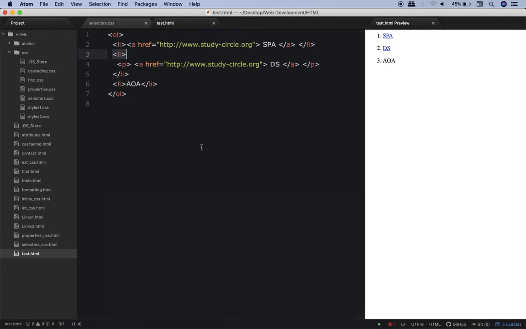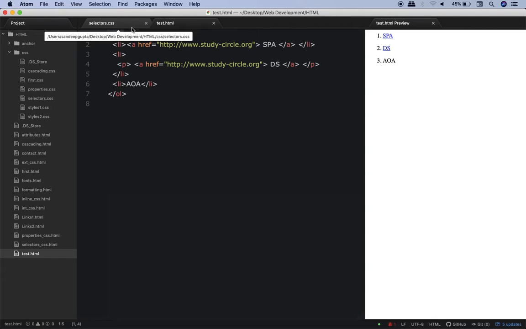See, the concept is something like this. Every child is a descendant, but every descendant is not a child. I repeat, every child is a descendant, but every descendant is not a child. So this A element is the descendant of Li, not the child. This P element is the child of Li, and thereby it is also the descendant of Li. Let me see how attentive you are. Can you tell me whether this P element is the descendant or child of this OL? The answer is, it is a descendant but not the child. I hope you understood this.